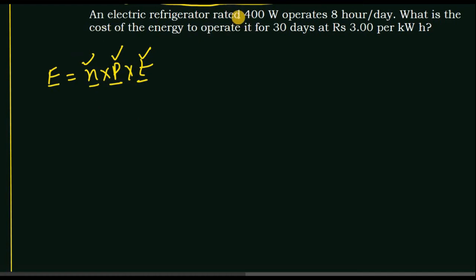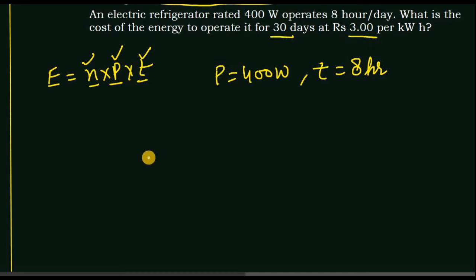So here in this question the power is given, 400 watt, and time is given, 8 hours. And you have to calculate for 30 days the energy consumed and the cost at rupees 3 per kilowatt hour. So first we will write the energy consumed in a day,